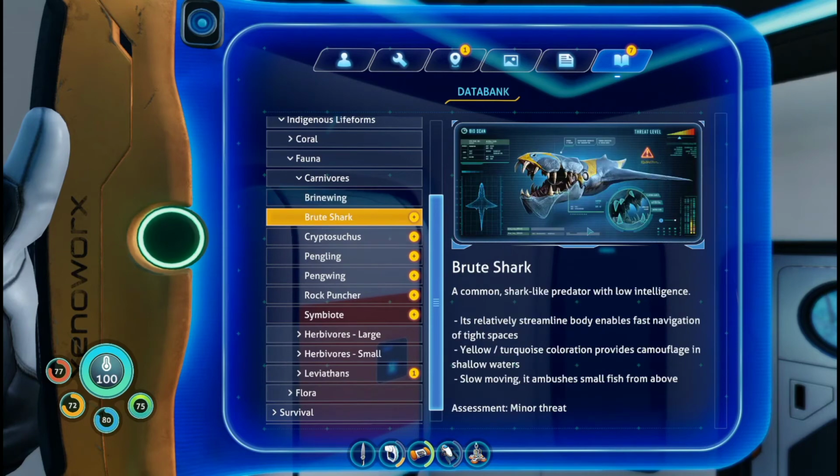Okay, cool. The brute shark, medium. A common shark-like predator with low intelligence. Ah, that's why they can't even attack me properly. Its relatively streamlined body enables fast navigation in tight spaces. Yellow-turquoise coloration provides camouflage in shallow waters. Slow moving, it ambushes small fish from above. Assessment: minor threat. No threat whatsoever. It might jump scare me once or twice, but